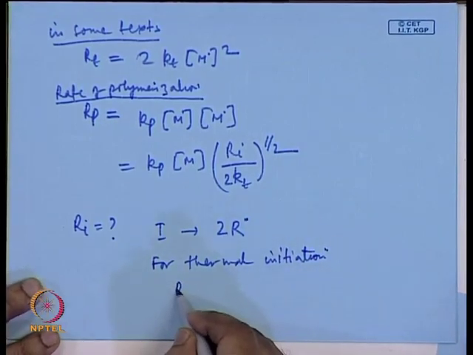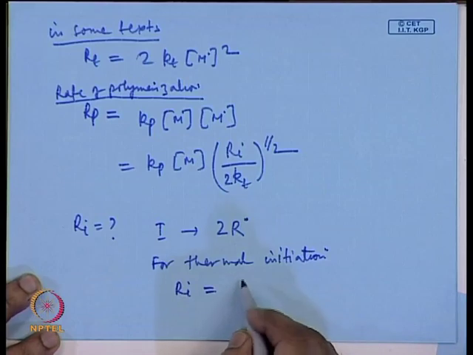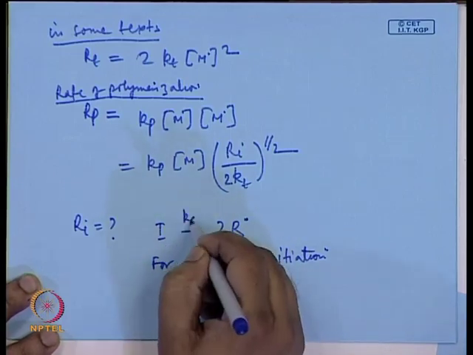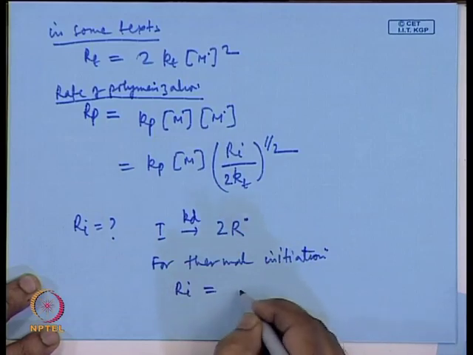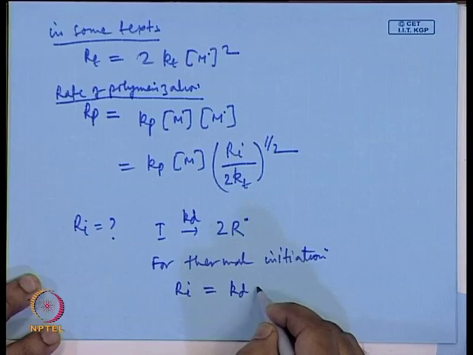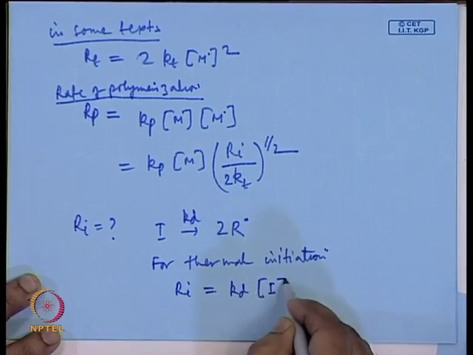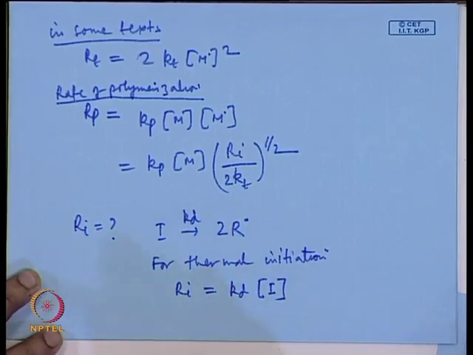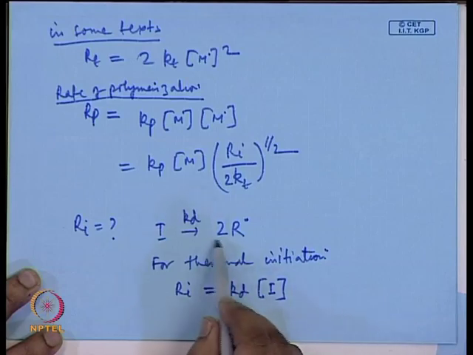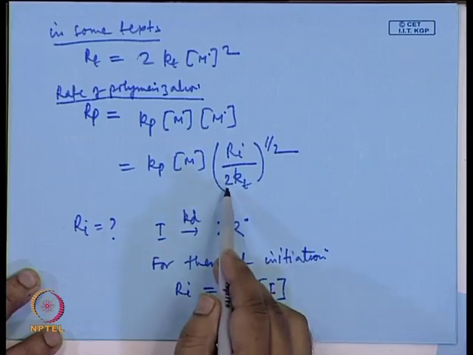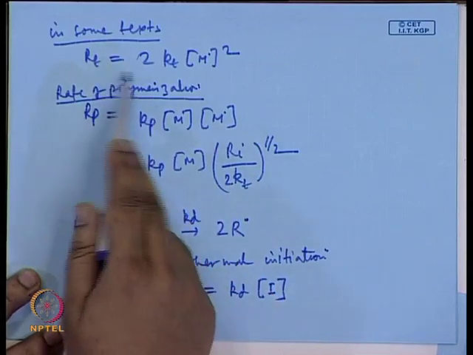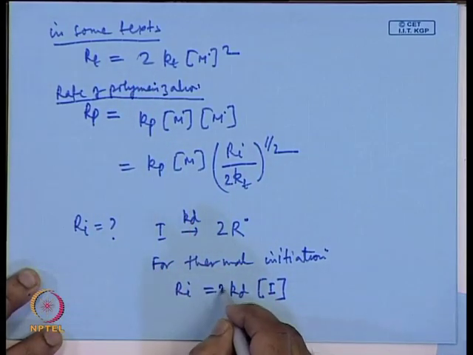So, how do I write the Ri? We write Kd I. Now, again because this is produced in pairs and we are following that, we should write 2 here during the termination rate. So, here also we write 2